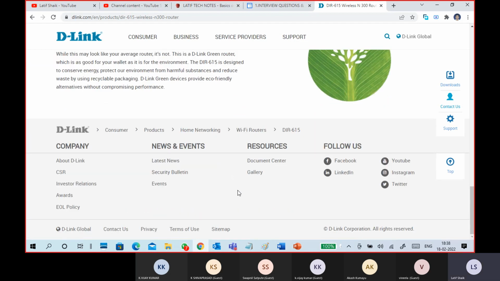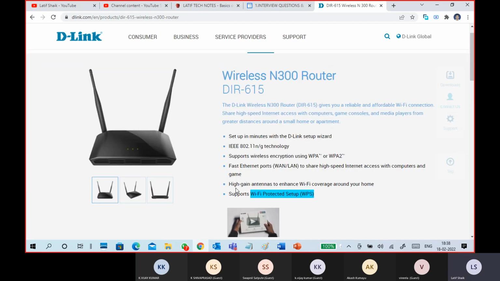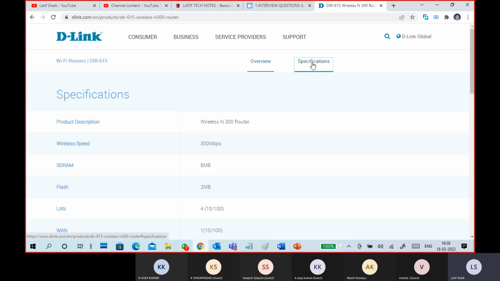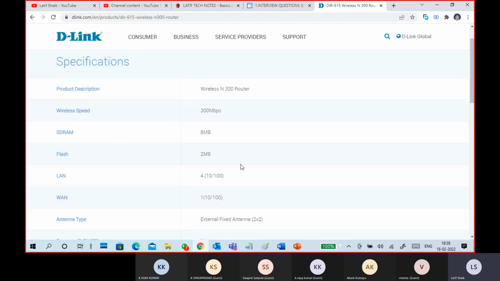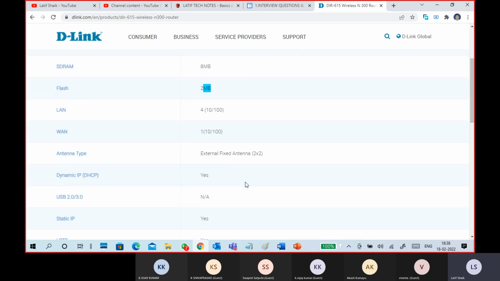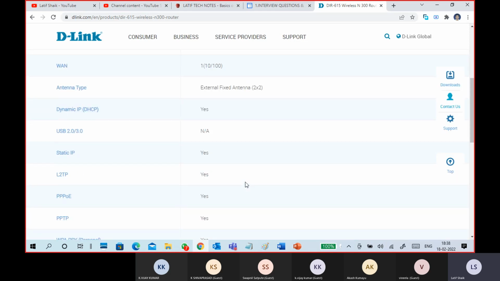See, it is also not giving. That's why you are getting a question, but I'm not getting an answer. See, SDRAM, RAM, flash memories. So the limitation is very less. The limitation means